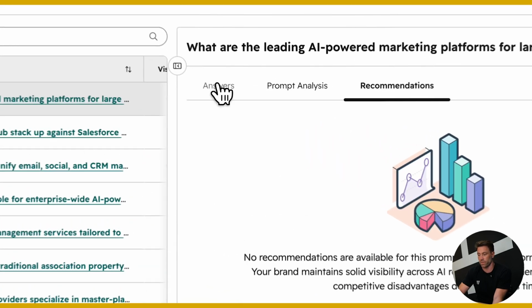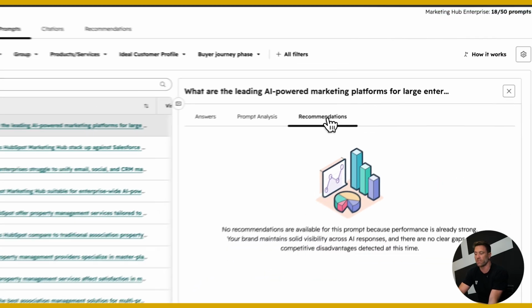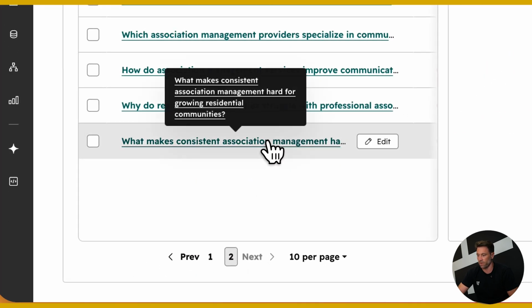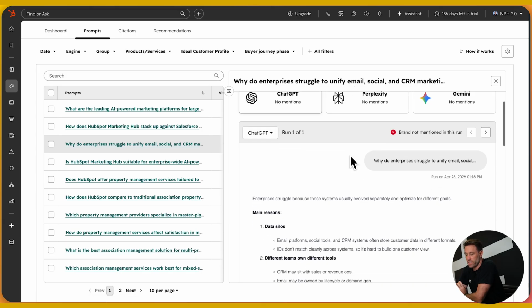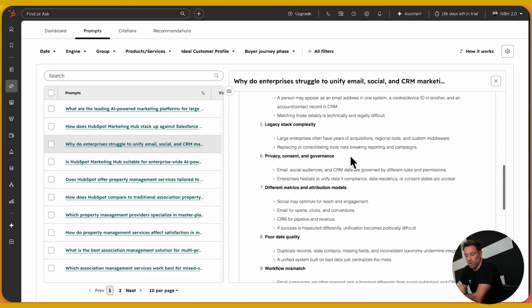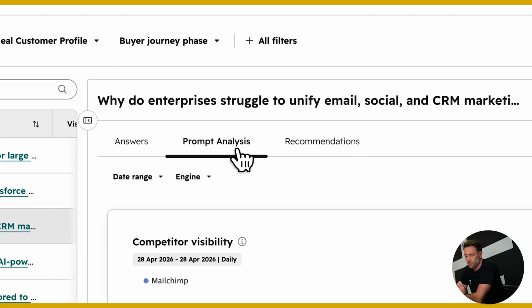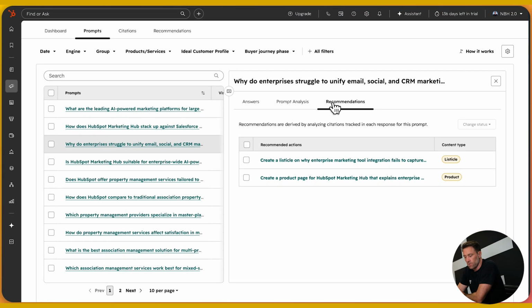This one here, obviously, we've got 8 citations and we're going pretty well. So the recommendation is that there are no gaps. But I'll try my hardest to see if I can find one. Here's a good one: why do enterprises struggle to unify email, social, and CRM marketing tools? We can notice here that there's no mention of HubSpot whatsoever in this one, probably across all 3 platforms. The recommendations go in at a granular level on that specific prompt and say, basically, if we want to start to get